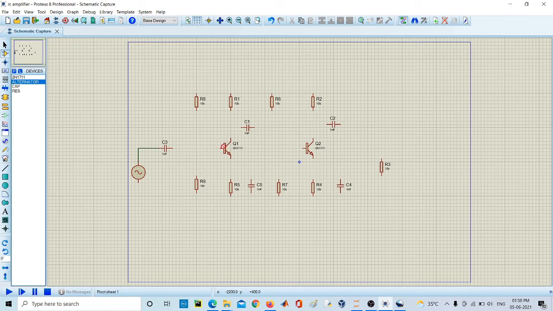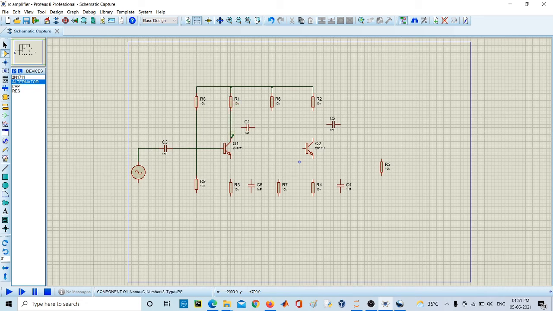Now connect all the required lines. Make sure that all the lines are connected properly, otherwise the output will be wrong. Here we have to short and then connect these two lines. Okay, now short circuit these two. Now disconnect these two.